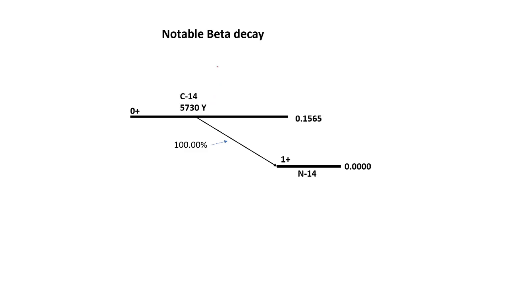So next is a very famous beta decay, C14 to N14, and it's a very simple process, a single beta decay to get to the N14 state. C14 is very important for carbon dating. It's a single beta decay to get to the ground state, and it has a half-life of 5730 years, which is very long. This nuclide is used for carbon dating, and the basic science behind it is as follows.